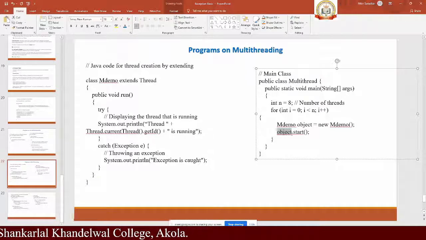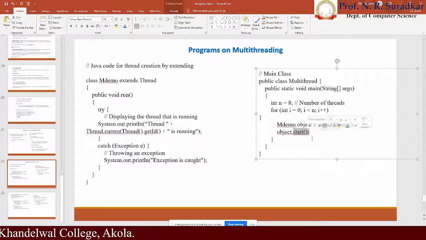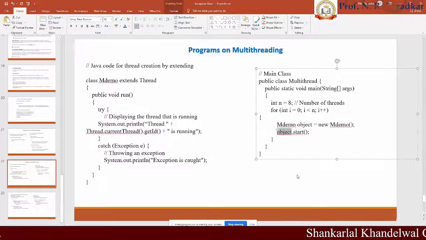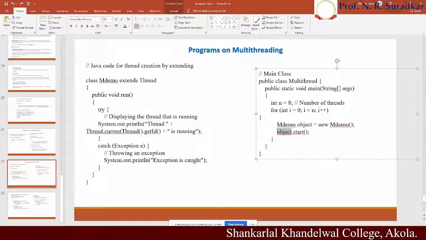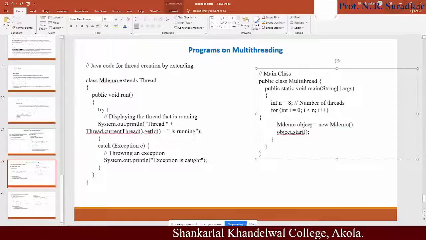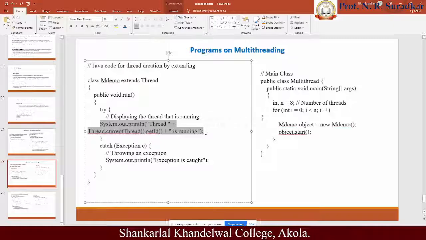The object is a thread. It's a start method. That means please start the execution of the thread. Now whatever lines of code this particular object refers to, that will be executed. This object refers to this class, and that calls this particular method given here.